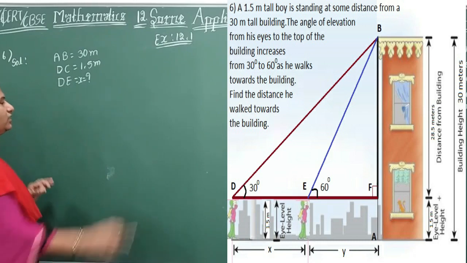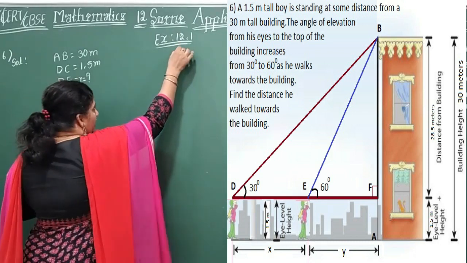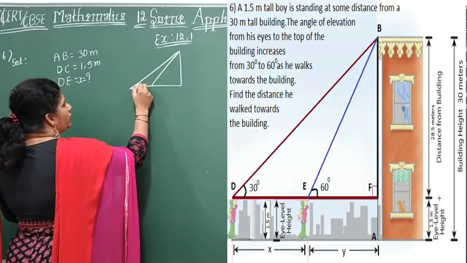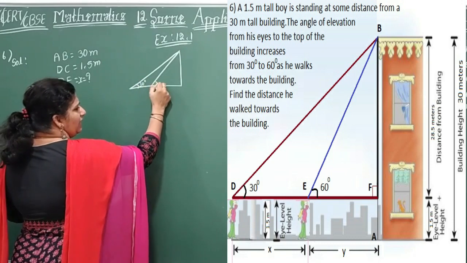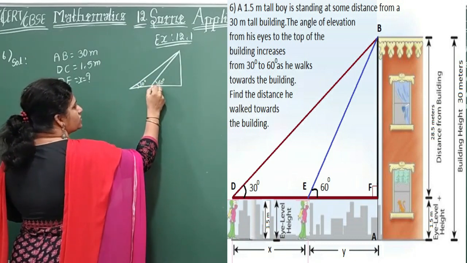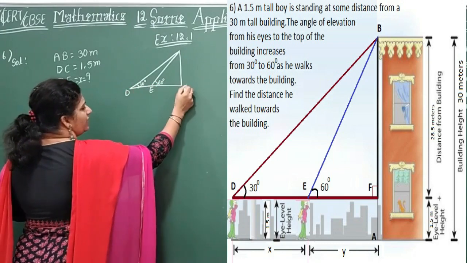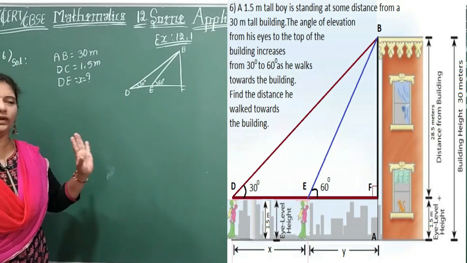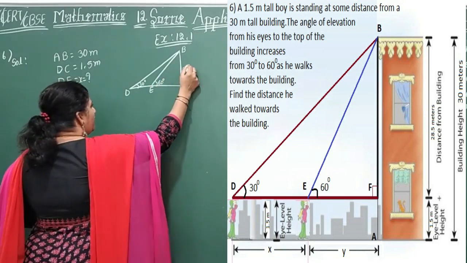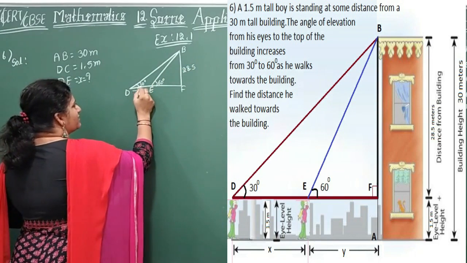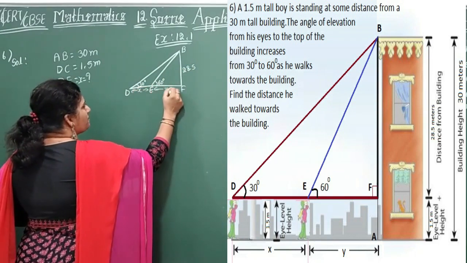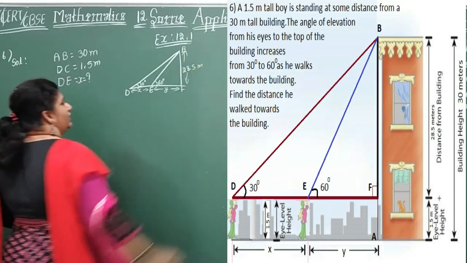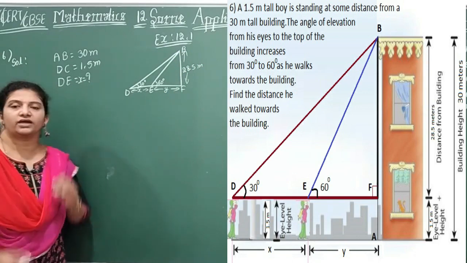Okay, let's start here. So one more dummy right angle we will take here. Look here carefully. So this is the figure. What you need to observe there, children, 30 degrees and this is 60 degrees. So this will be E, D, F, B. In that figure, I should consider only this much. So this will be 28.5 and this will be X, this will be Y. So this is the height of the building, 28.5 meters.